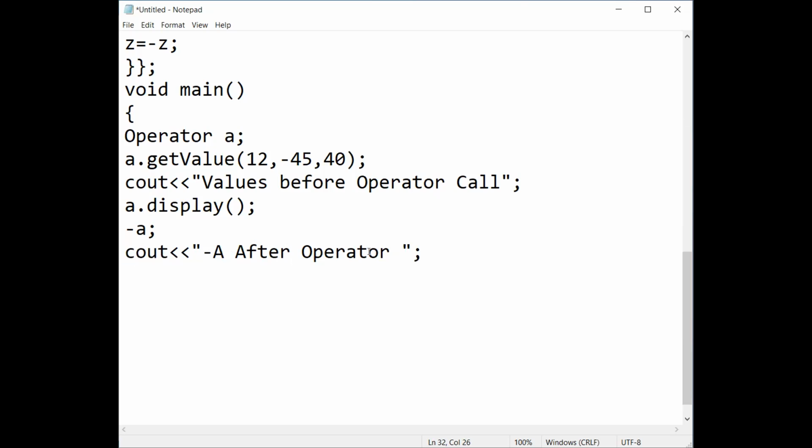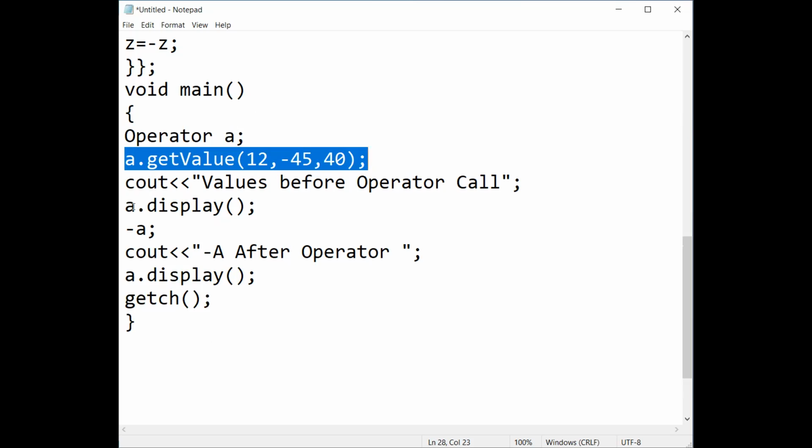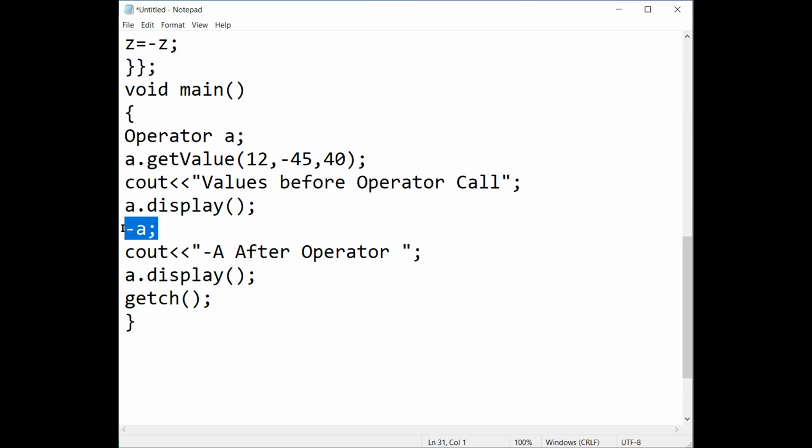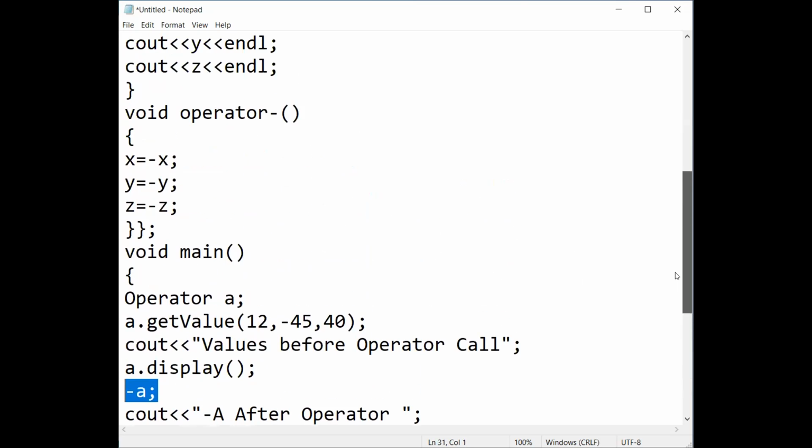After the operator, you can see cout. After calling the same, what is the difference? Understand? In operator, class name, create object, to the object, pass the argument. After calling the display method, no change, simple things. After calling the operator, our operator overloading method